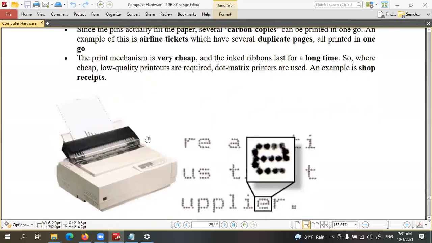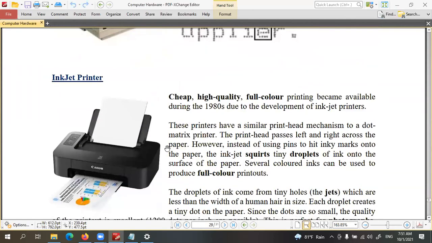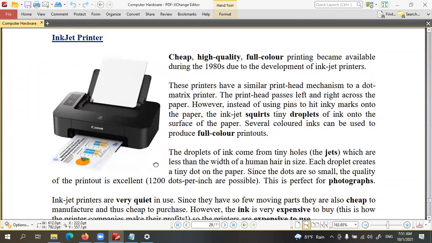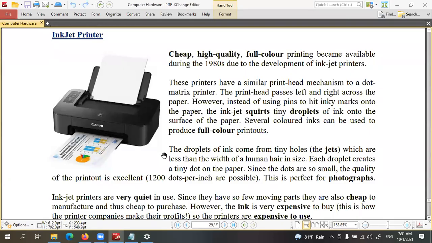So normally in most situations where people have to print invoices, right? Like shops, bill payments, and those things. In those places, these dot matrix printers are used. Then, children, we have inkjet printers to take color printouts. So these are used in normal office use, daily use at home.